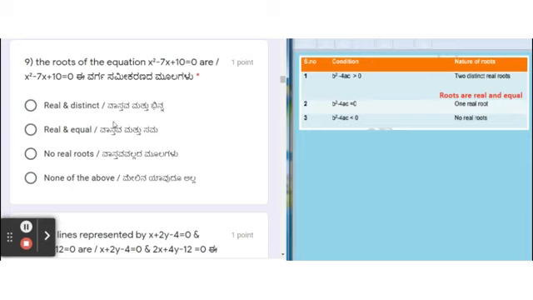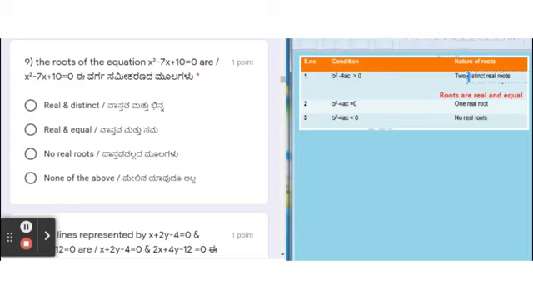To find the correct option, the nature of the roots, we have to use the same condition which we discussed two questions back. If b square minus 4ac is some positive number, greater than 0, then the roots are real and distinct. Different or distinct is one and the same, students. Next, if b square minus 4ac is exactly equal to 0, then the roots are real and equal. If b square minus 4ac is a negative number, then the roots are not real, no real roots.